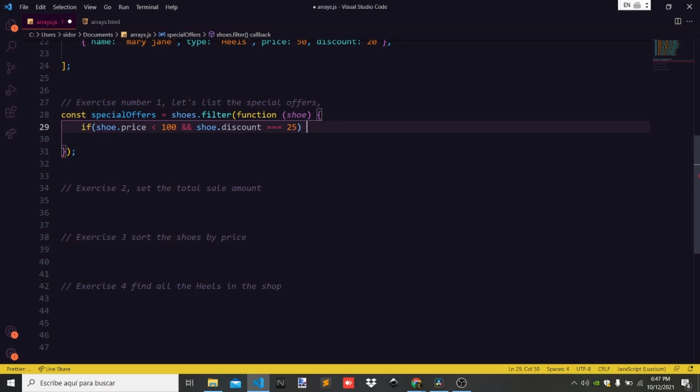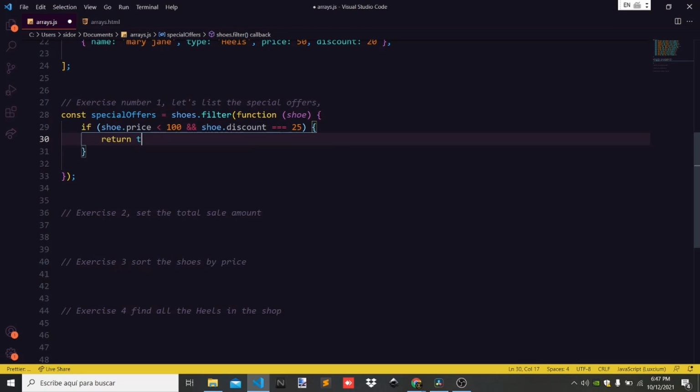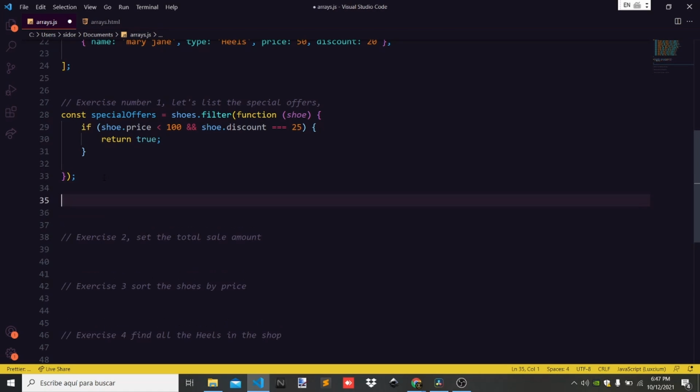For this element we just need to return true. In this case we don't need the return false, as we just want the truthy ones. So that's it. Control save, and finally we just console.log